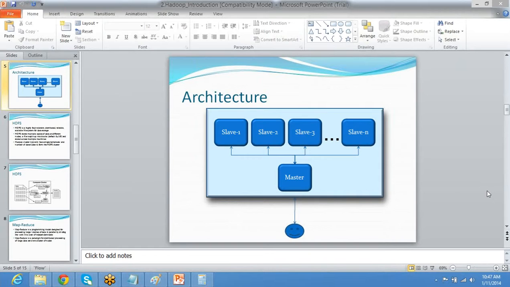Windows itself has NTFS. Actually, NTFS is very different from HDFS. NTFS is the file system of Windows, and it's totally different from HDFS. So if you want to run Hadoop inside Windows, you need to install Cygwin. Cygwin will create a Linux-like environment inside your Windows, and then you can install Hadoop in this. But it's not recommended to go ahead with that, because there are lots of bugs, lots of issues. Myself also faced a number of issues while installing it on Windows.